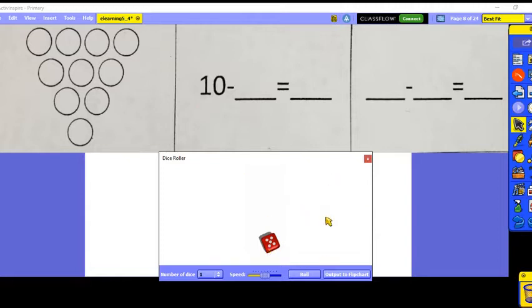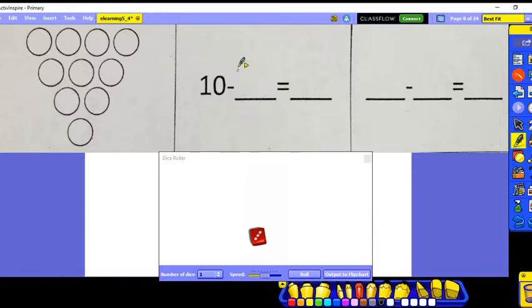Now, however many dice we roll, that's how many bowling pins we're going to take away. So let's see. Okay, so we rolled 3 bowling pins. So we're going to take 3 bowling pins away. 1, 2, 3. Okay, now how many bowling pins do we have left? 1, 2, 3, 4, 5, 6, 7. 10 minus 3 equals